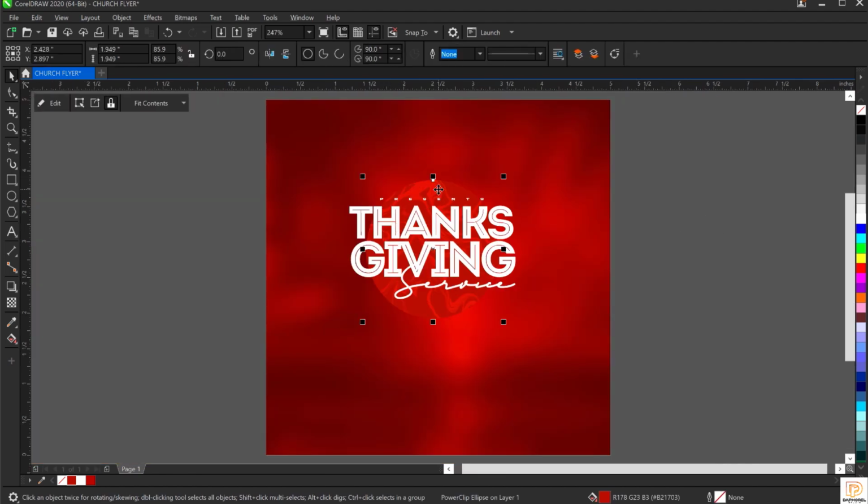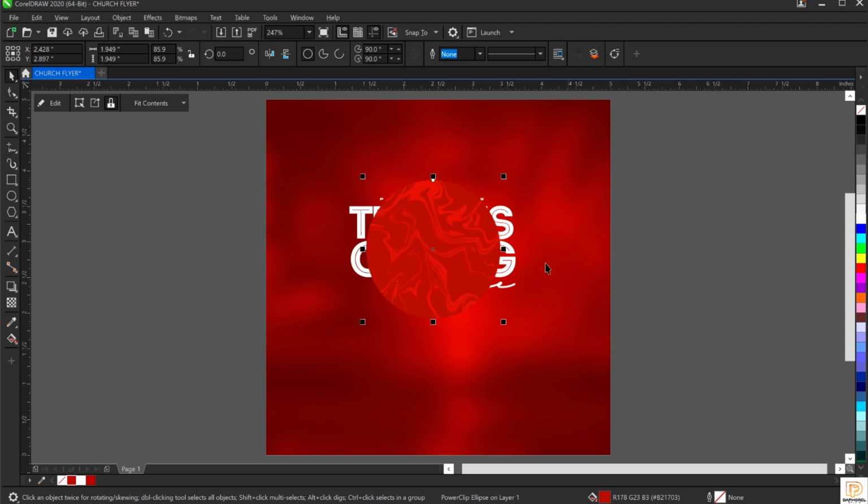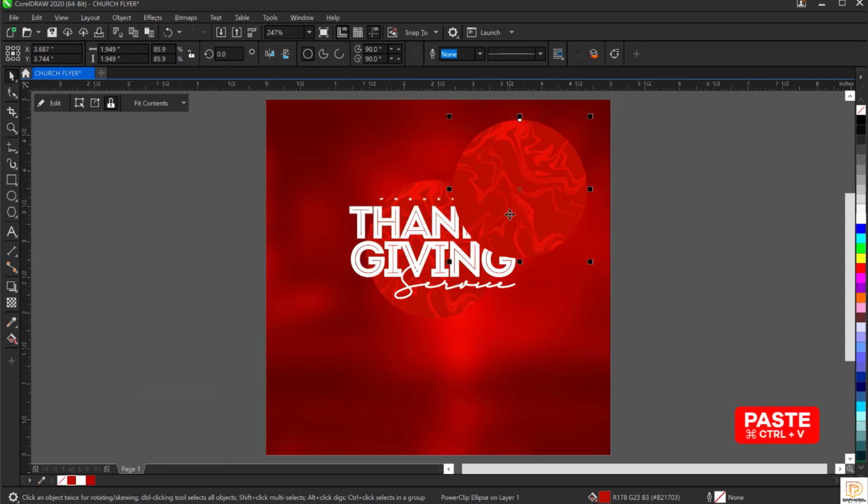Now the next thing we're going to be doing is we're going to be working with this that we've created already. So what we'll do is selecting this, Ctrl C and Ctrl V automatically brings it to the top of the page, right? So what we just did is just copy and we pasted it, right? So we'll move this to this side here, and we'll just make it smaller. Hold down your shift key and make it